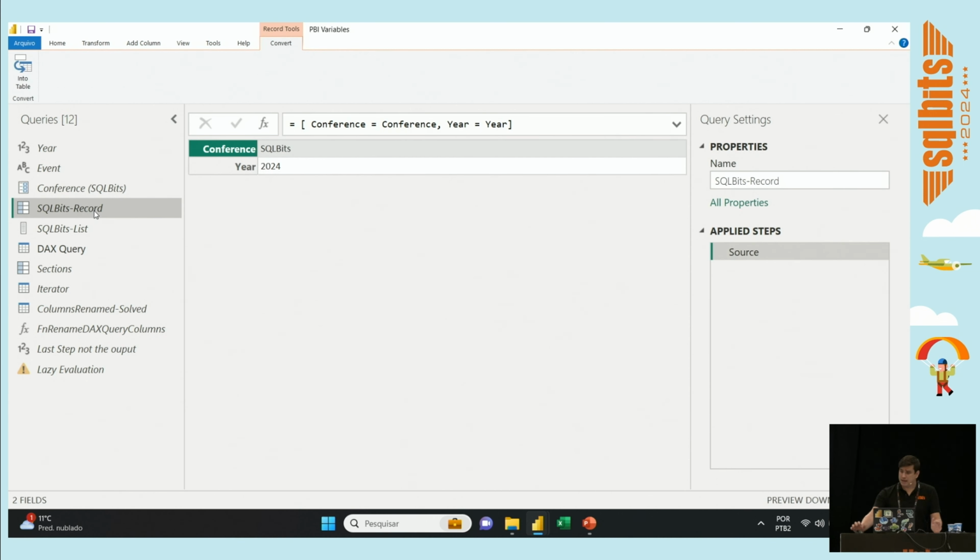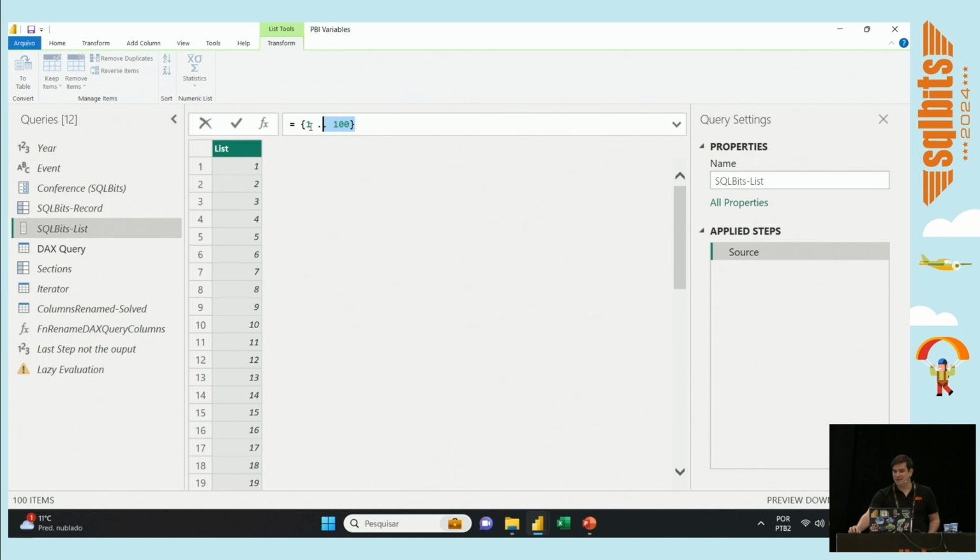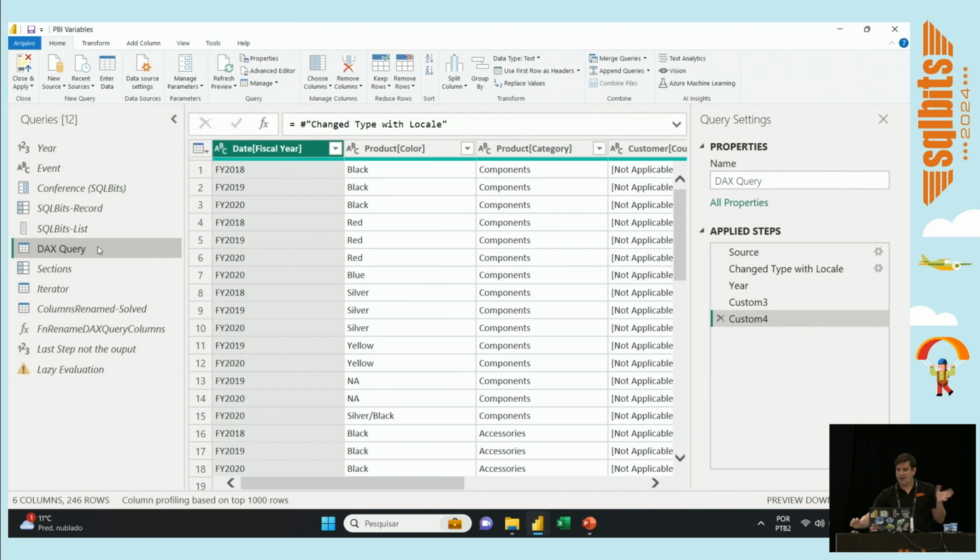And I can write a record. That's another Lego brick that you can make using the M language. Also, I can create a list from 1 to 100. So I can add several queries that return several different types of values. Okay, it can either be auto-generated within this M code, but I can connect to the source and filter with my specific data. I have here, actually, I copied,